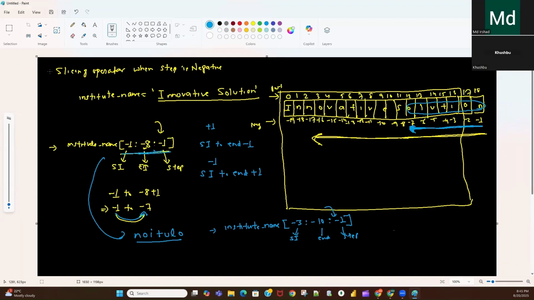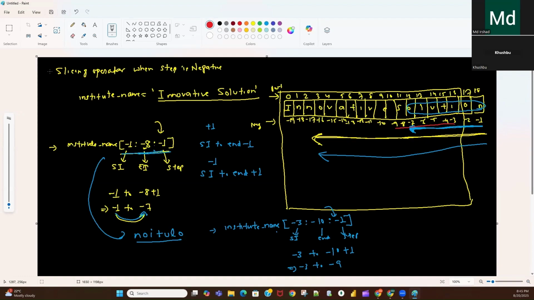So again, the slicing operator will fetch the value in backward direction from start index to end plus 1 index. So minus 3 to minus 10 plus 1, it will be minus 9. So in this case, we will get the data from minus 3 to minus 9.